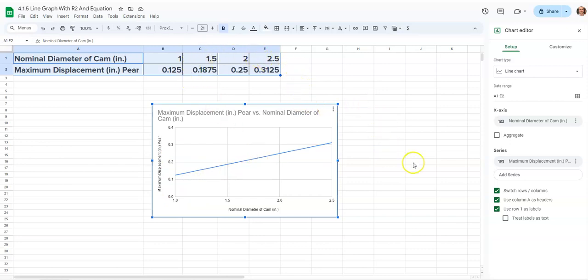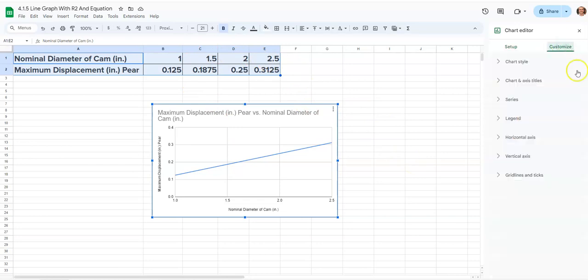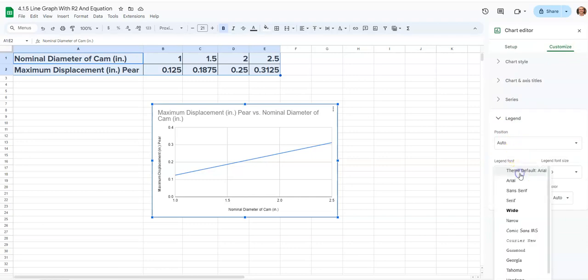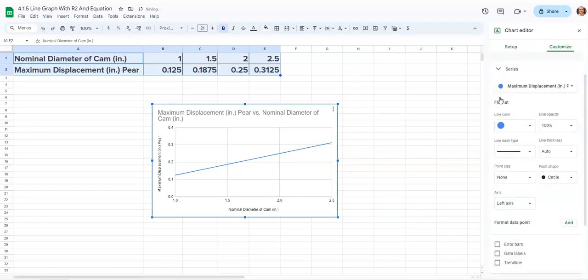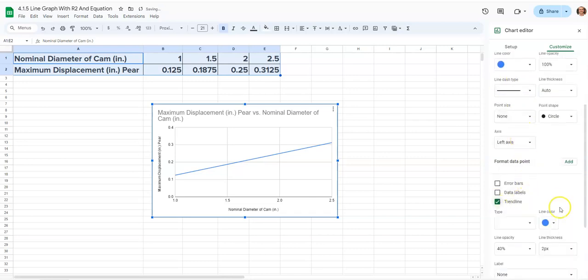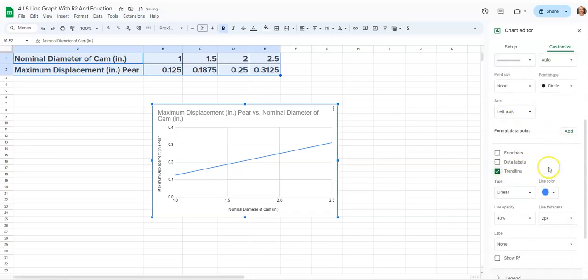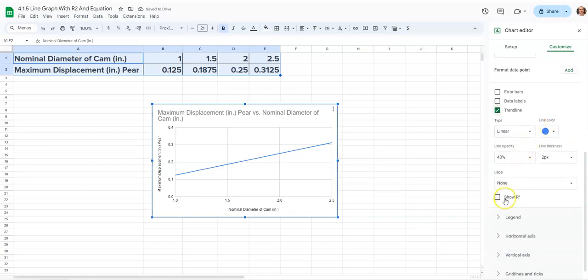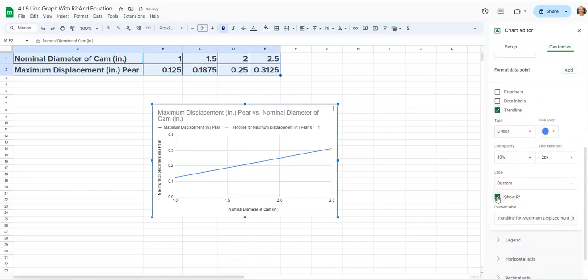Now, in order to get the R-squared value and to get the equation, we're going to go to Customize. When we go to Customize, we want to go to Legend. Excuse me, we need to go to Series, I apologize. When we go to Series, we're going to go down to something that says Trend Line. When we click on Trend Line, we want it to show the R-squared value, and automatically we're going to get an R-squared value here of 1. We want to also see the equation. So when we go to Label, we're going to go to Use Equation, and the equation is